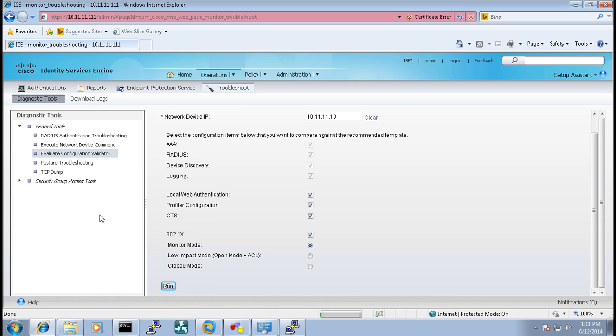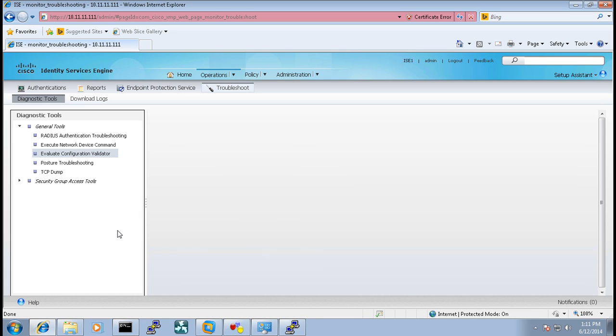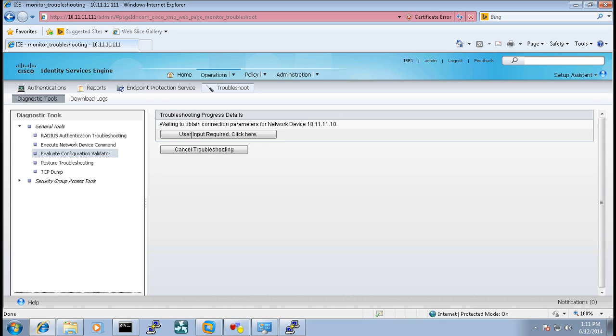Now this will require user input, which we haven't specified on the ISE. We have to create a user in ISE. So it says user input required. What I'll do is